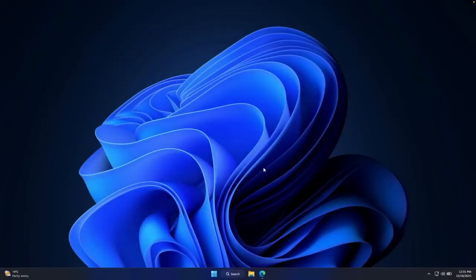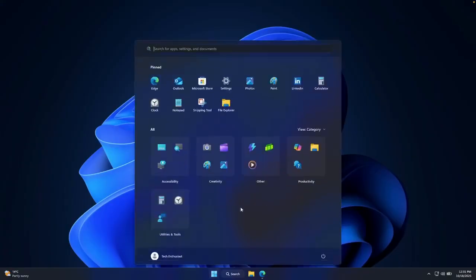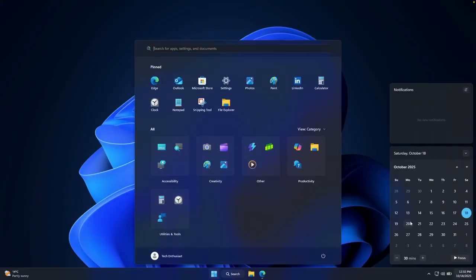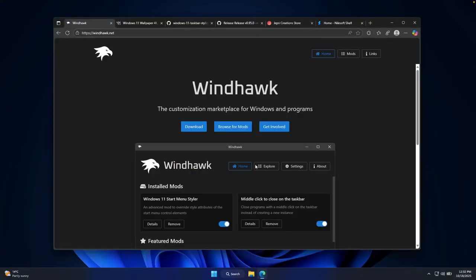Now, to fix the issues with the Windows 11 25H2 taskbar, start menu, and also the notification center, we're gonna install this application. It's called WinHog, and here it says that it's the customization marketplace for Windows and programs. So this is the program which you must install on your computer, and you can do that by clicking here